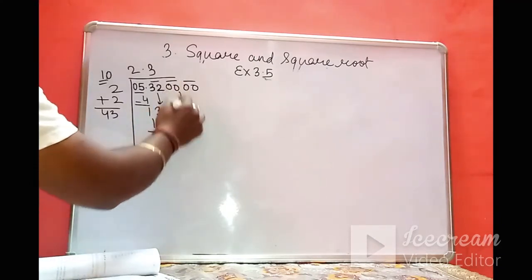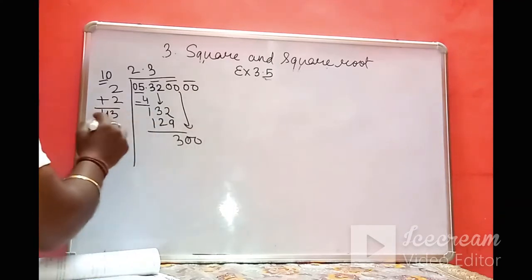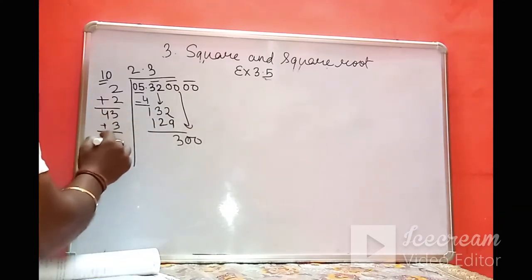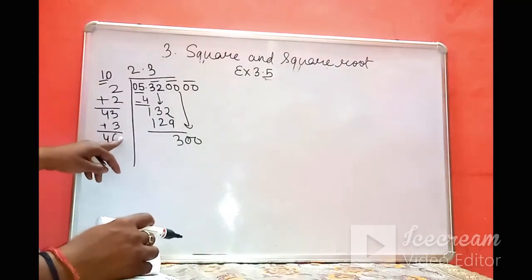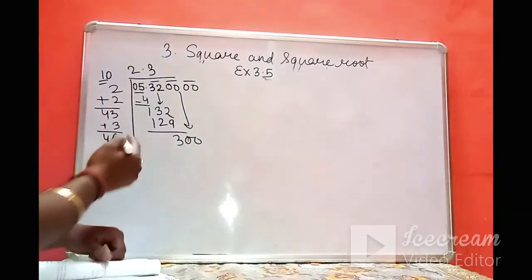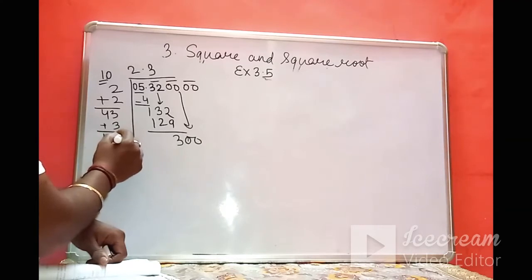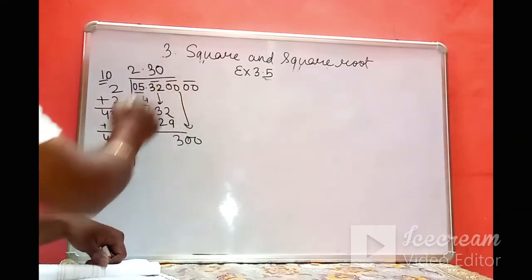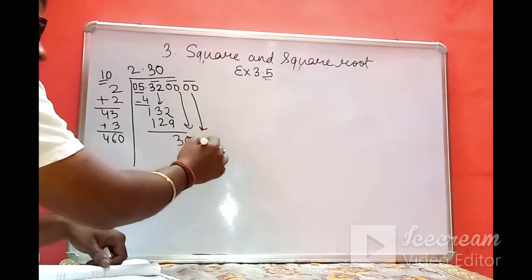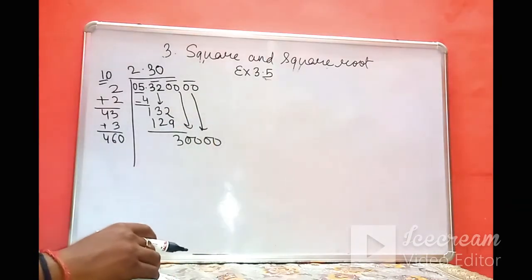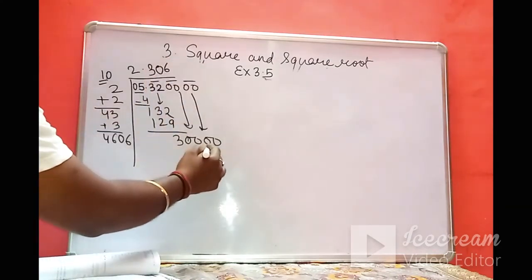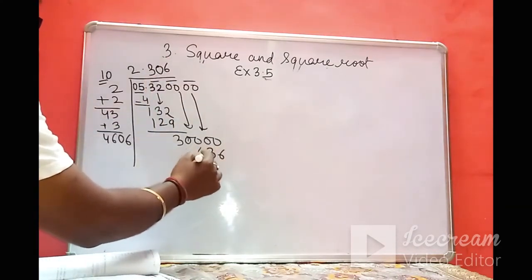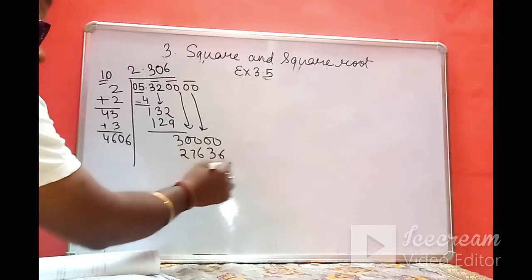So 3 will come here and the first pair of 0 is going to come here. So it is 46. Now see, if you put 1 here, you will get 461. But it is only 300. So in that case, what we were doing, I will put a 0 here and a 0 here. And after putting these two zeros, now I can bring one more pair. So 6 into 6 is 36, 36 and 27.